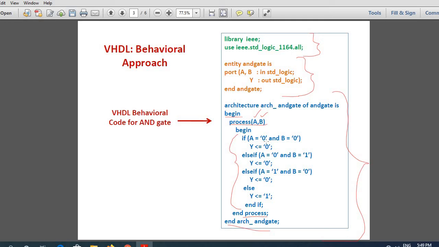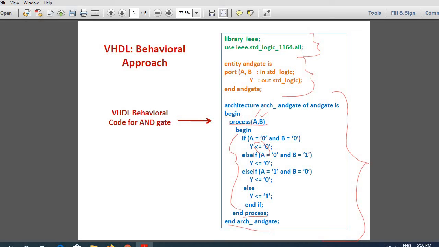Now, if A is equal to 0 and B is equal to 0, Y is equal to 0. This is your assignment statement. Don't forget to put the single quotes here. Here there is only one equal to. Please make sure you don't confuse them. Else if A is equal to 0 and B is equal to 1, Y is equal to 0.